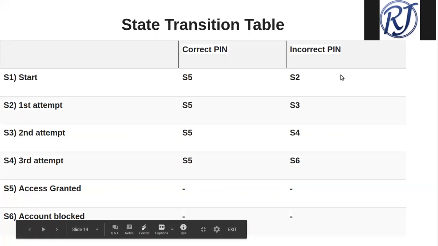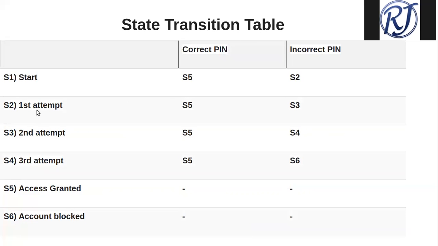If the user enters the incorrect pin, then it will reach the next state, that is S2. And if in the first attempt the user enters the correct pin, then S5, otherwise it will reach S3. Similarly, in the second attempt, if we enter the correct pin, S5, otherwise it will reach S4.